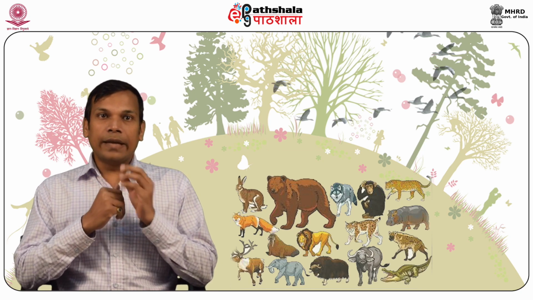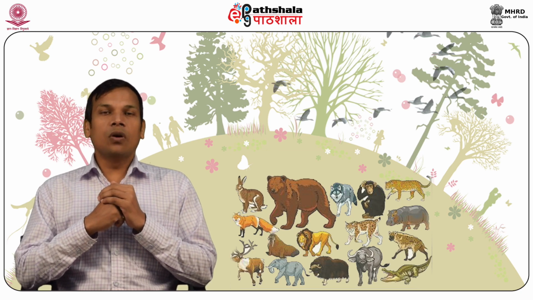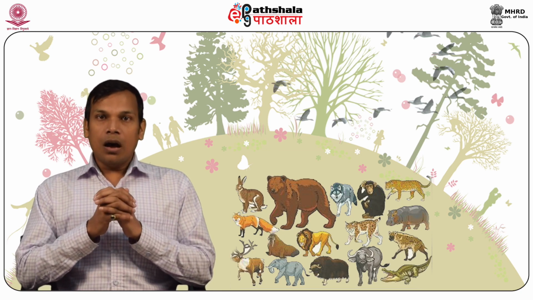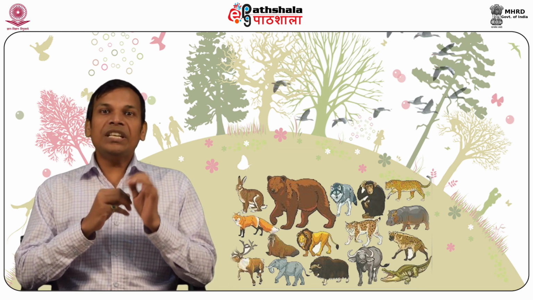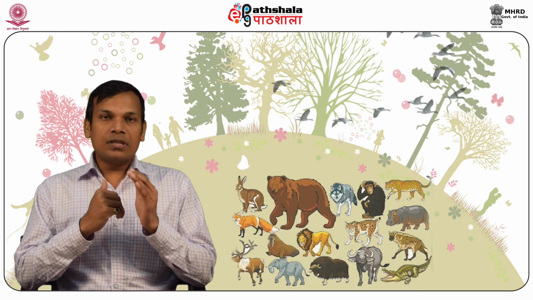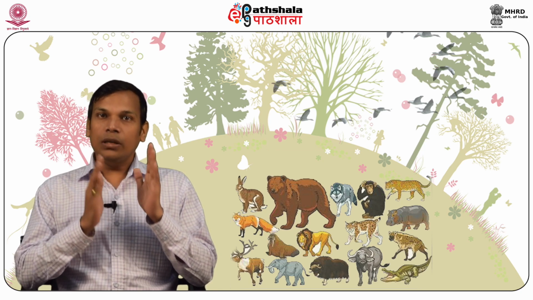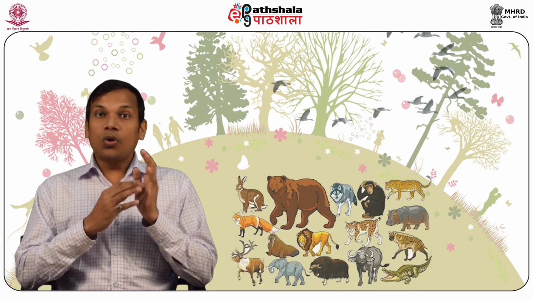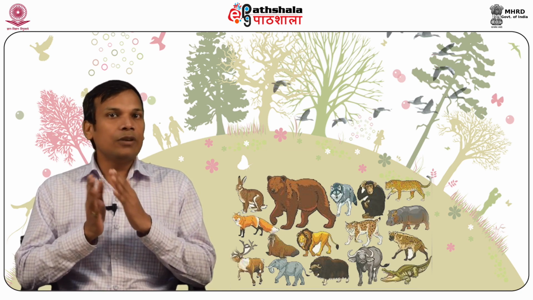It has more population density of certain species than either of the adjoining communities. This phenomenon is known as edge effect. In an ecosystem, the flow of energy occurs through a series of organisms by eating and being eaten by other organisms, which comprises a food chain. The food chain is simple when it has only one trophic level besides the decomposers. It becomes complex when it bears both producer and consumer levels.